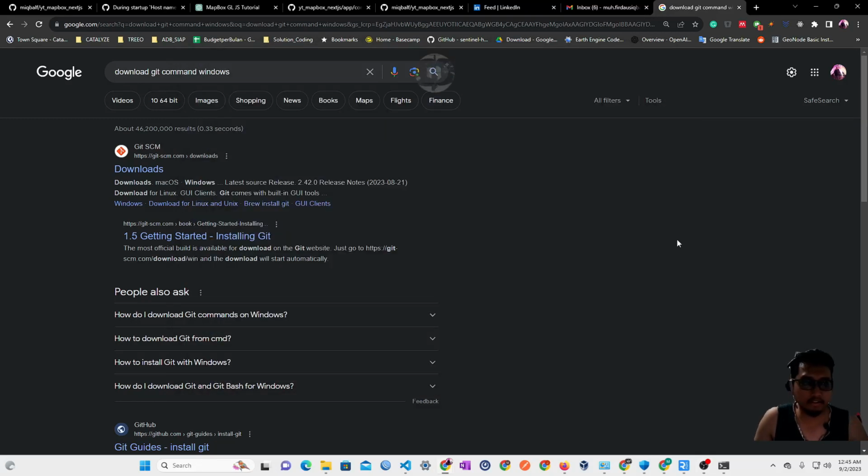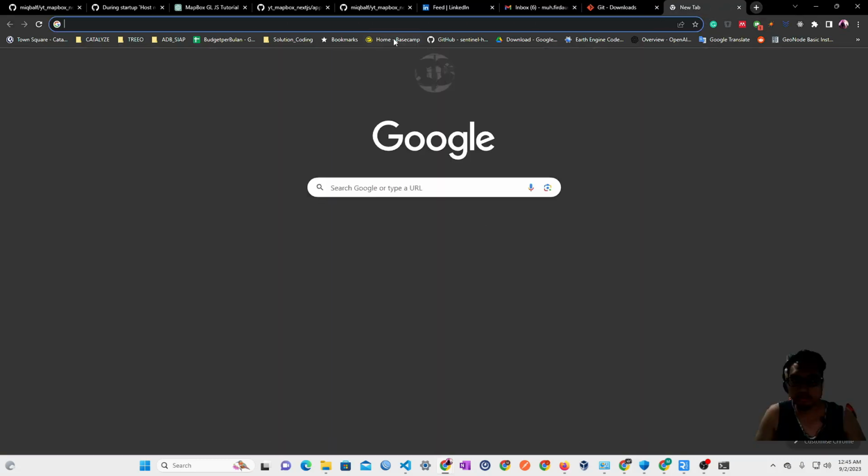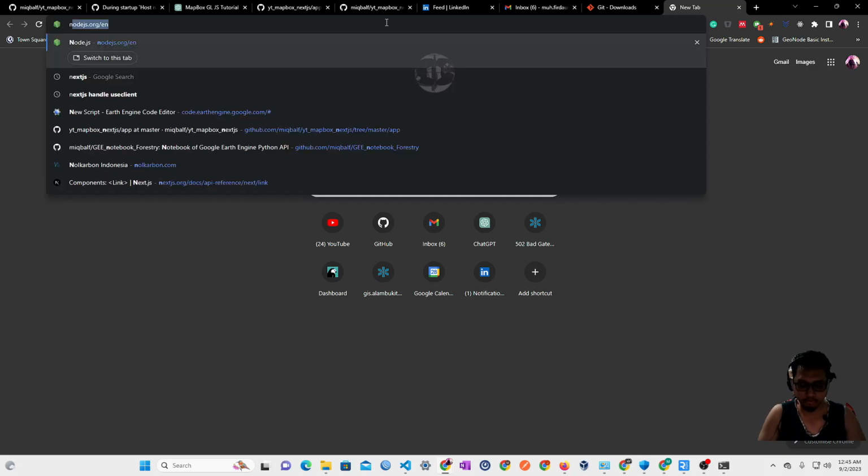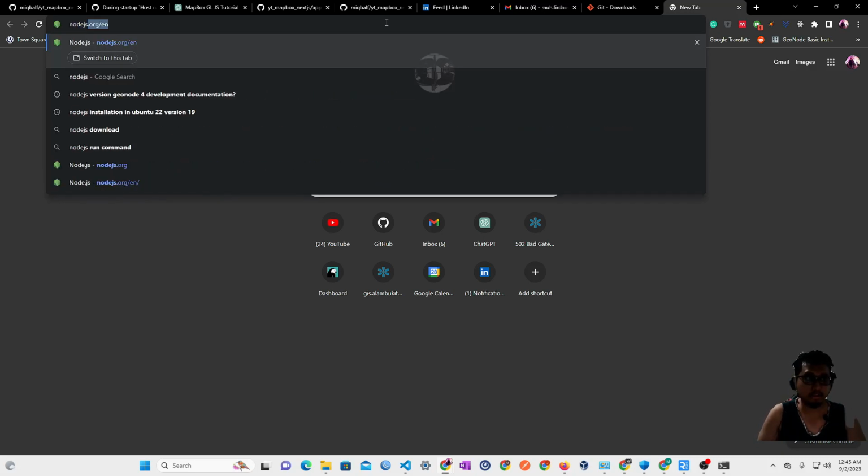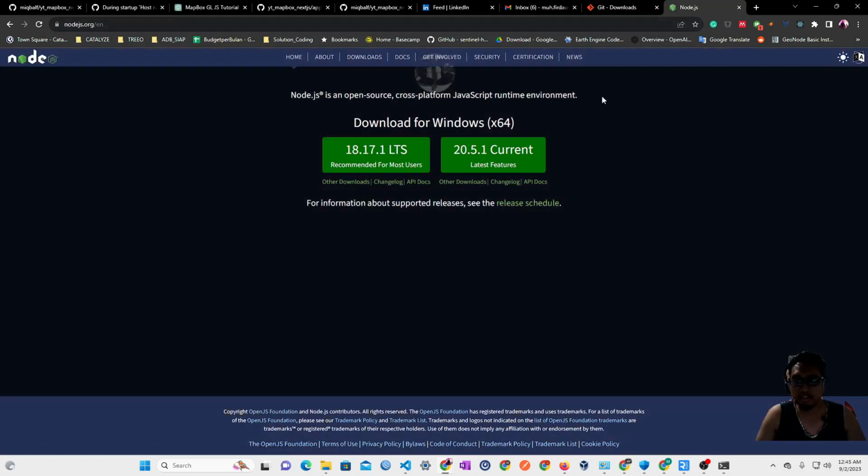Okay guys, today I'm going to show you how to install Node.js and also install Git. First we need to install Node.js in Windows. This is needed in our Windows operating system so we can run JavaScript apps, in this case a web map from Mapbox and other JavaScript